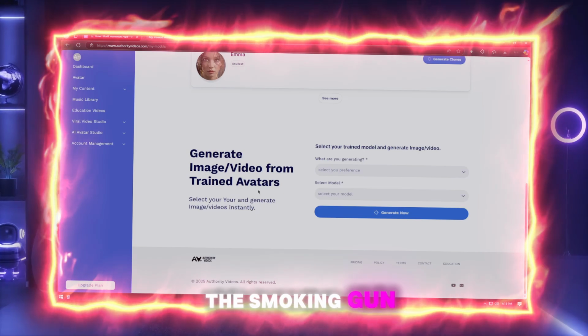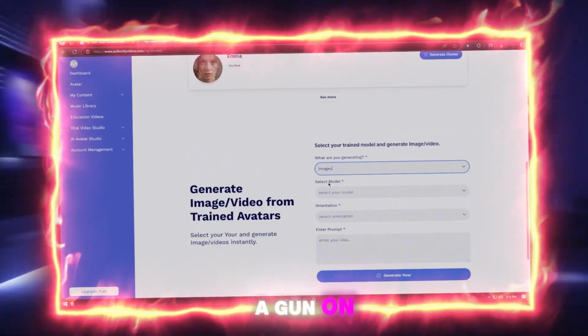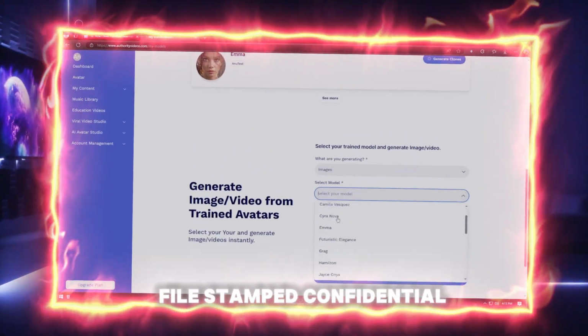The Smoking Gun, a dimly lit office, a gun on the desk, a file stamped confidential.